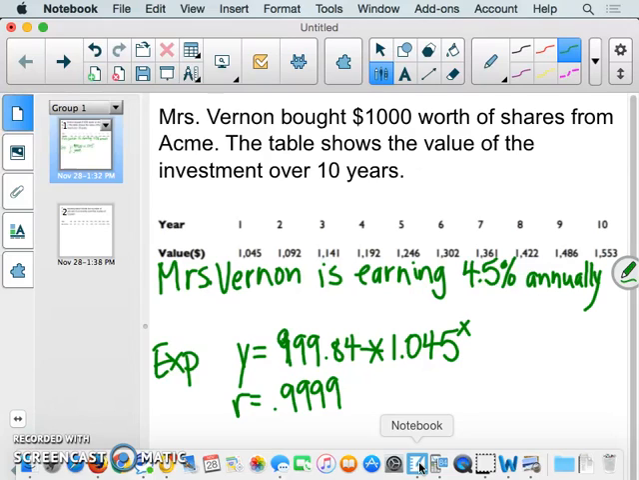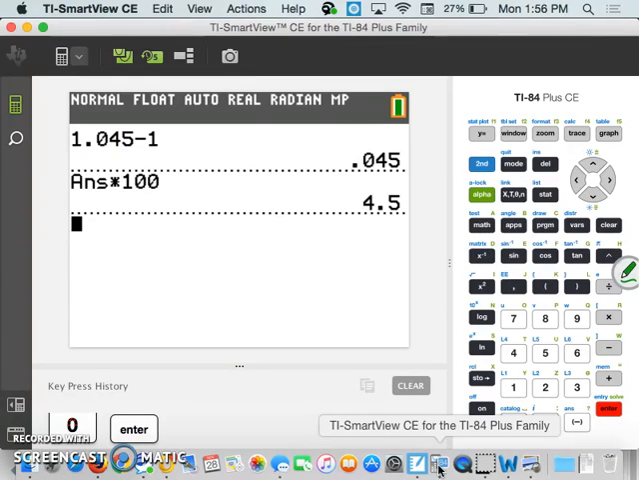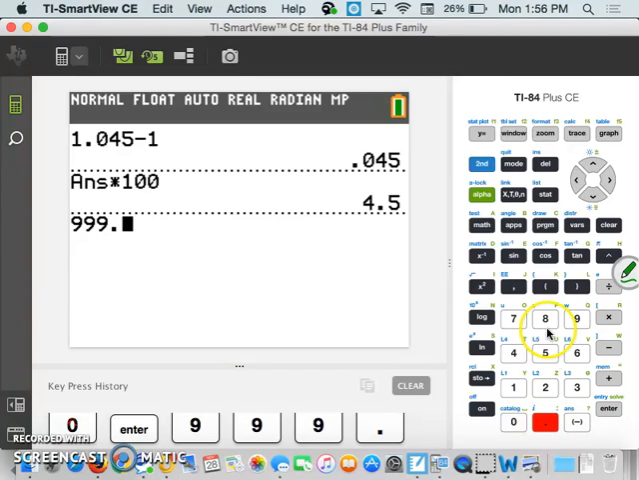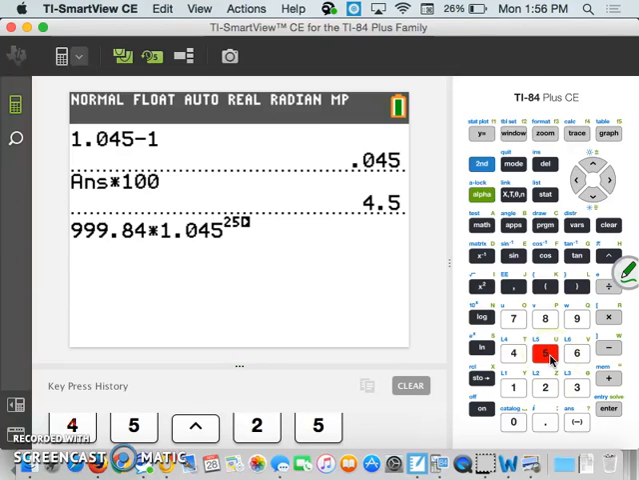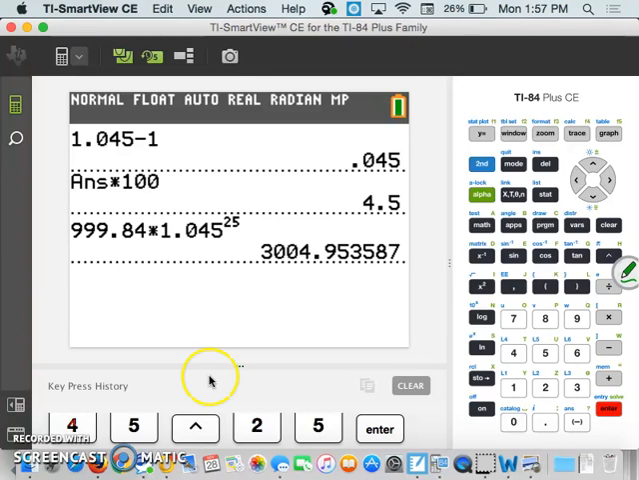And then if you pick a number, say 25 years from now, you want to know how much Mrs. Vernon would have earned. You would use this equation and you would substitute in 25 for x, because x is the number of years. So you have 999.84 times our common ratio here, 1.045, raised to the 25th, because we're trying to find how much money she'll have after 25 years. And then we push enter, and we learn it's about